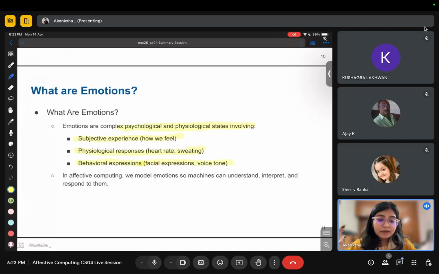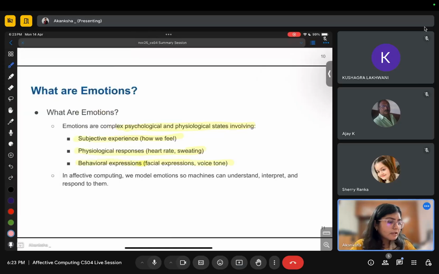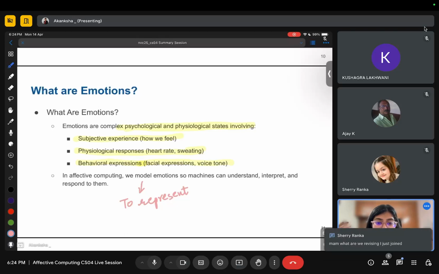Okay. So in affective computing, we want to model emotions. What exactly modeling means is to represent. See, machines only understand numbers, so you cannot tell a computer that I'm feeling happy. It needs some kind of numbers. So how can we represent emotions with numbers? So this is